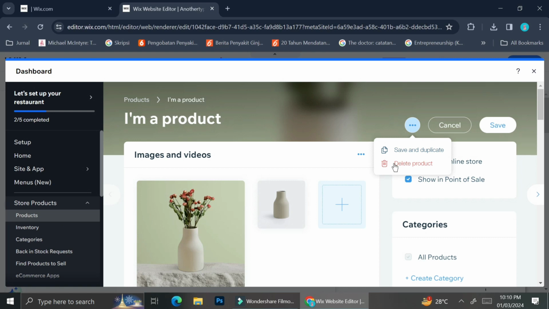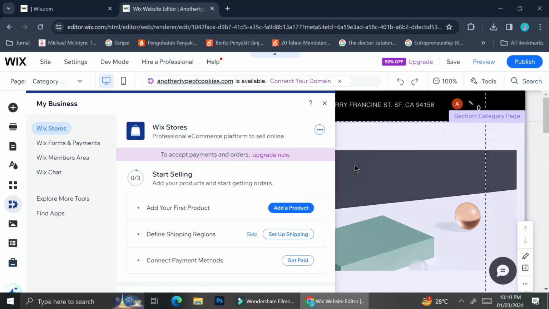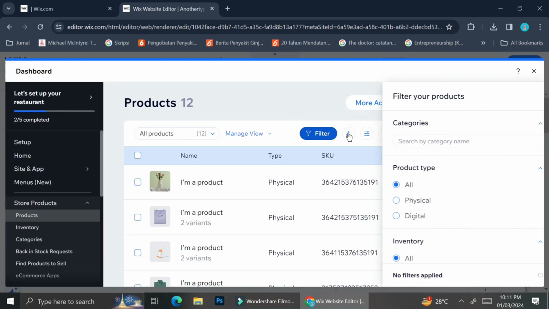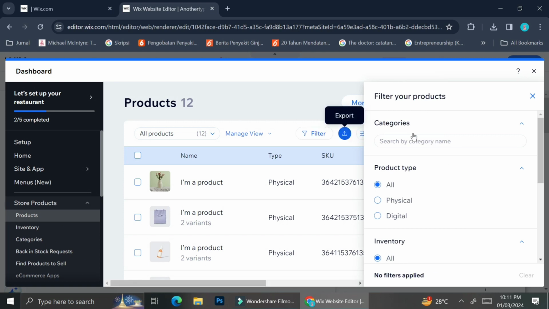If you made a mistake or you feel like you don't want to sell the product anymore, you can just go ahead and click on delete this product by clicking on those three little dots on top of the product image. Now that you know how to create, customize, and delete your product, I'm going to show you that you